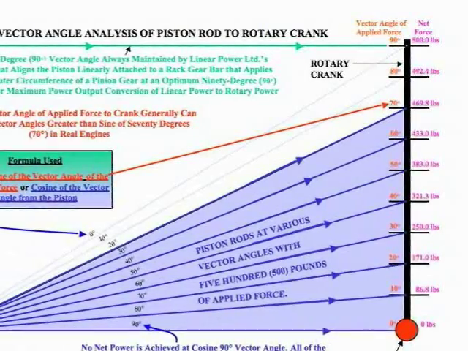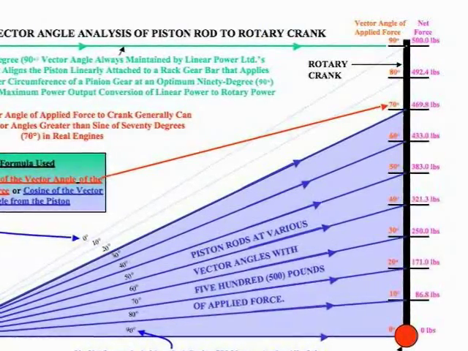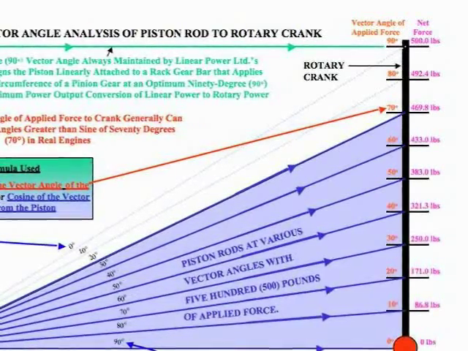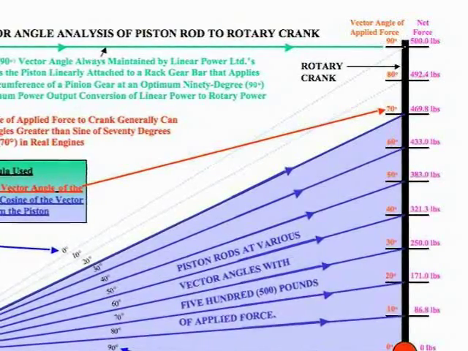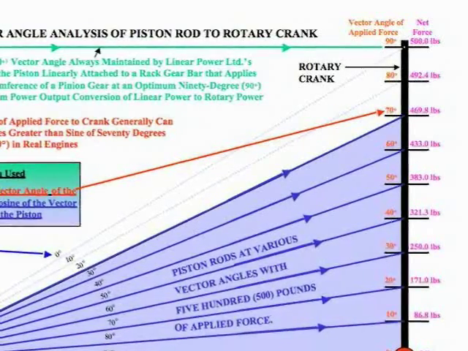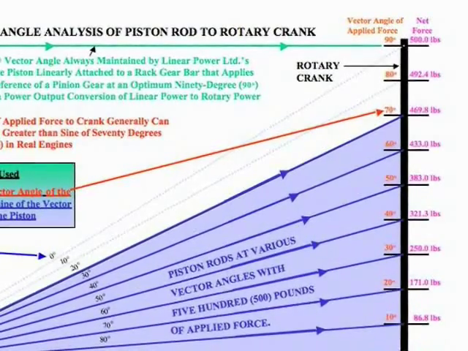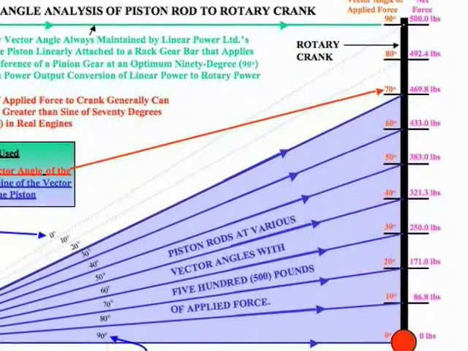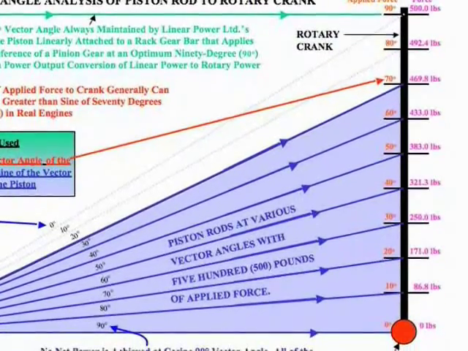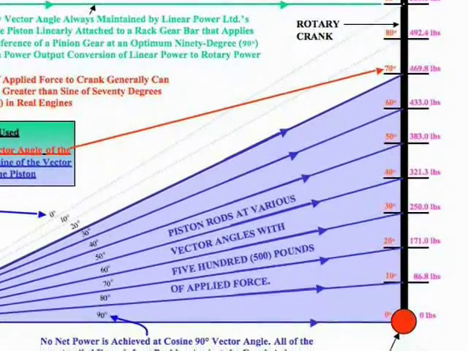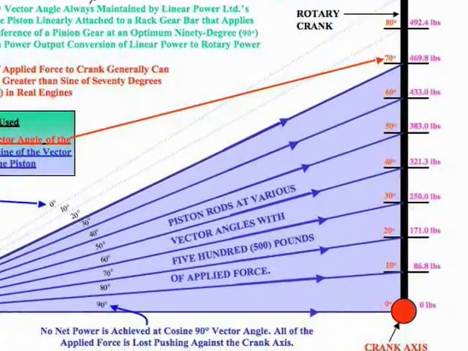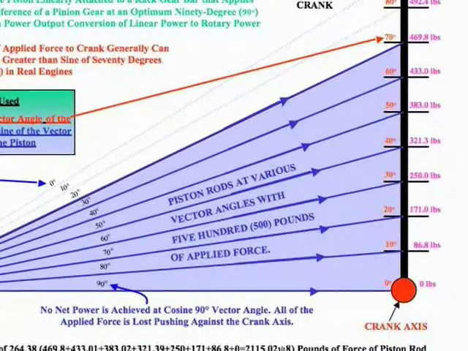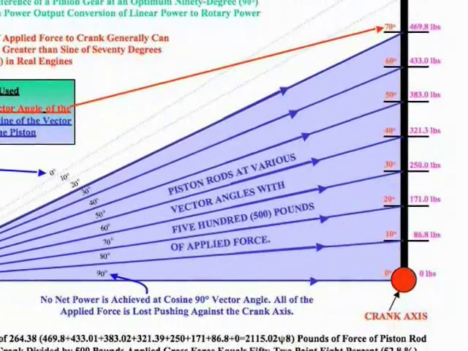And then the vector angle progressively goes down from there to zero at top dead center position, at which time no power is generated at all. Then the rod's vector angle goes from zero back up to 70 degrees in a continuous cycle. The vector angle never achieves a perfect 90-degree vector angle. The net result of averaging the vector angle positions at every 10 degrees on the chart is that over 47% of the power is lost to poor vector angles even before figuring in weight and frictional losses associated with the